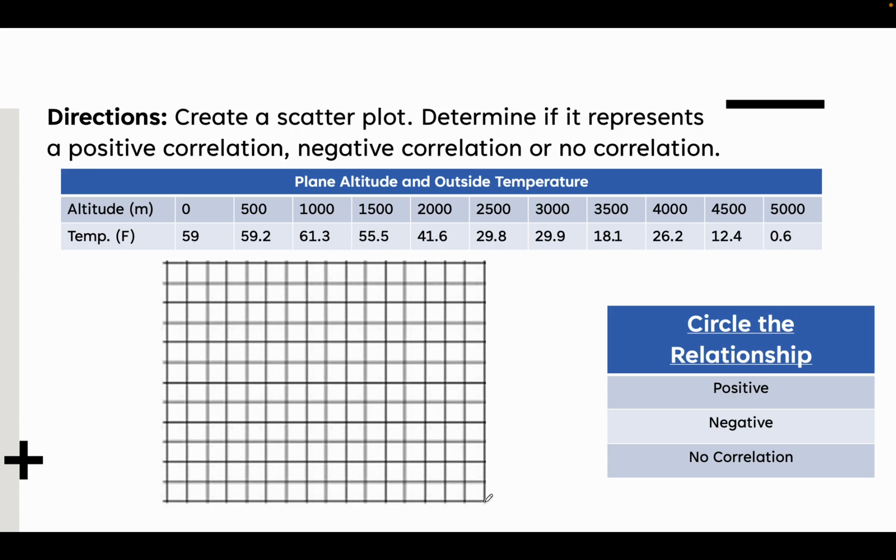So if I take 60, maybe I should go 65. If I stretch this one to 65, then this one will still be on the graph. If I do it to 60, then it would be over here a little bit. All right, I'm going to go ahead and do 65